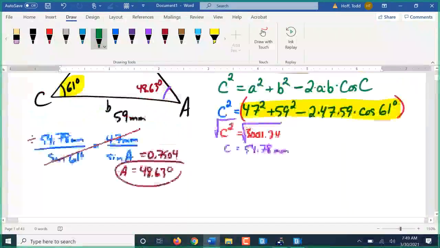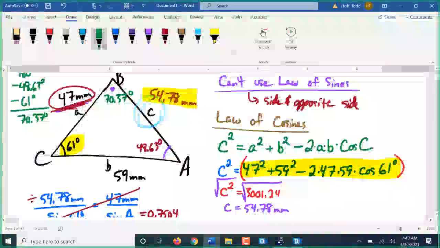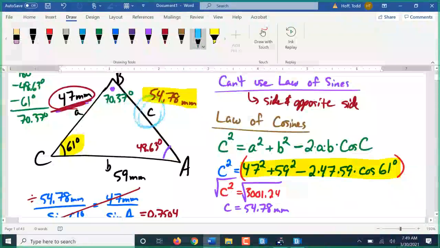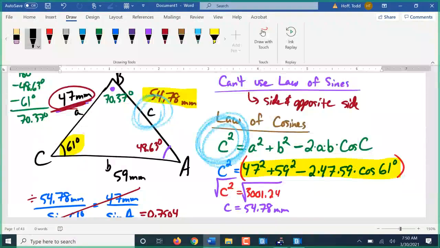Now, I mentioned that this law of cosines formula is set up angle specific, or side specific, however you want to look at it. What do I mean by that? Well, the formula is set up so that our missing side is side C. If side C is not the missing side,